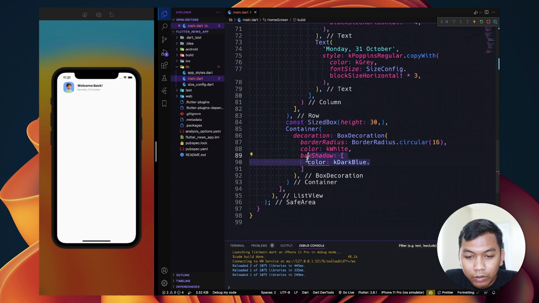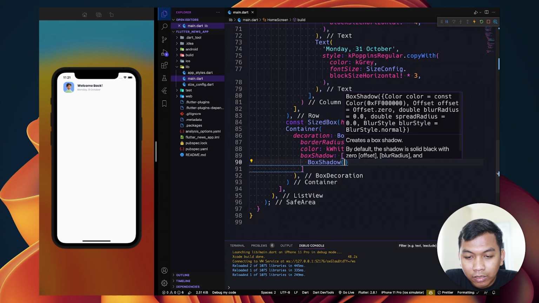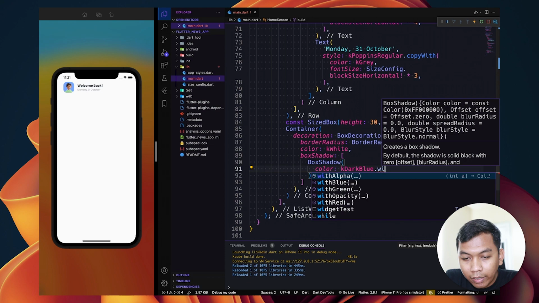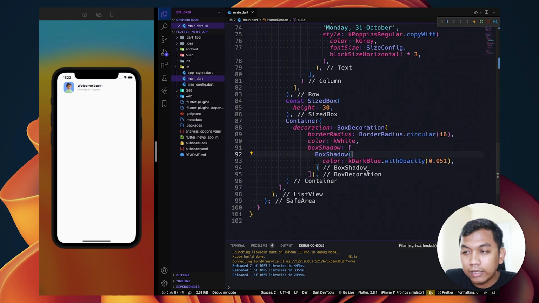So we need to cut first and call box shadow widget first, and inside this we can say color with opacity. Look like this.